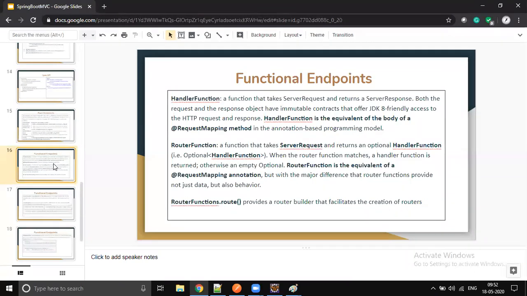You can write a REST controller using annotations, or you can write the same REST endpoint using functional endpoints. One is the old way and one is the latest way. Performance wise there is no difference. It's like how we have XML configuration and Java configuration, you can compare it like that. Whichever you feel comfortable with, you can go ahead and write. But they have their own pluses and minuses.